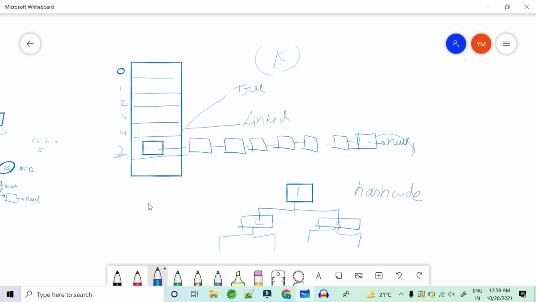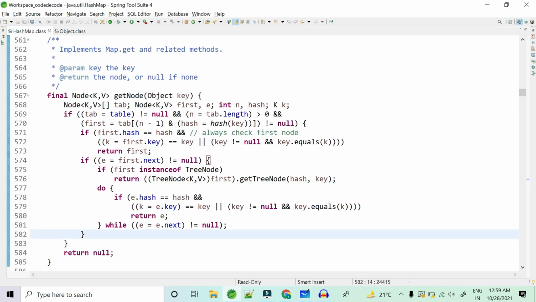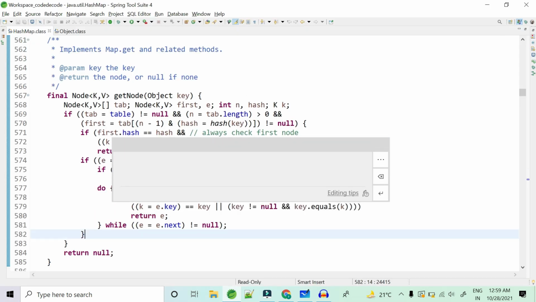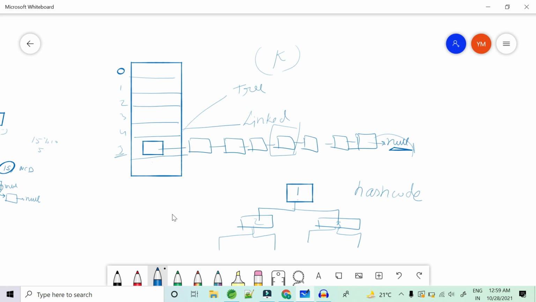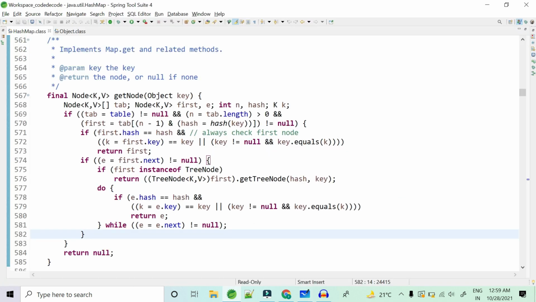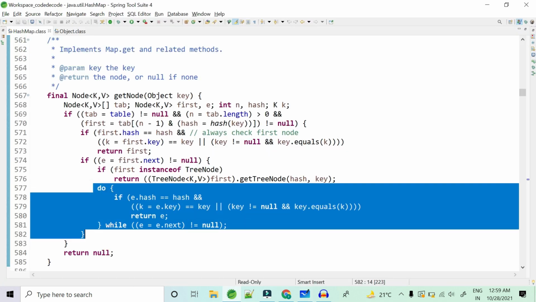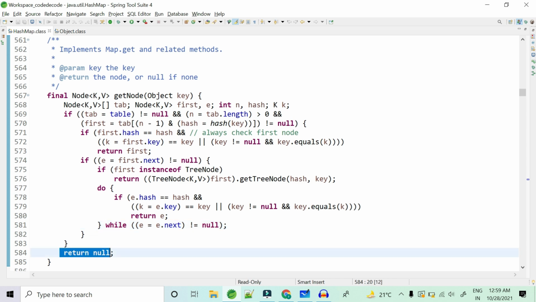If it is not found, go to the next until you find either the required entry object or null. Search until you find it, and return it as soon as you get your key. So this is simple code. If you find your key, return it. If you don't find it and you have reached null, return null. So this is the logic for traversing your linked list.